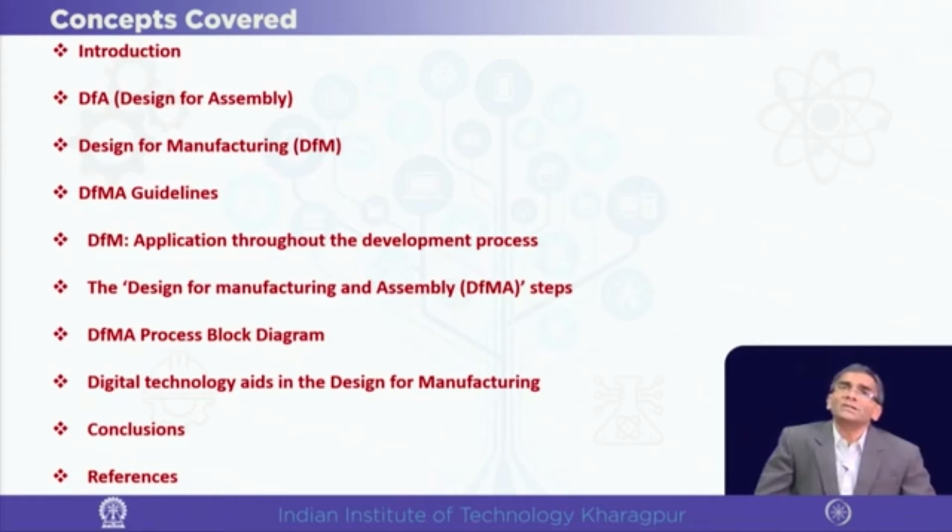So, the characteristic of assembly is that first the assembly configurations are to be settled, and then under the constraint of those settlements, the individual components are to be accommodated or designed. That is why we have kept design for assembly purposefully before design for manufacturing, and then we will be discussing the DFMA guidelines,